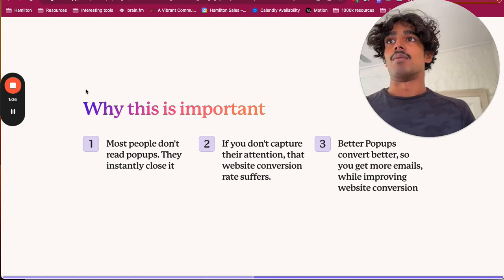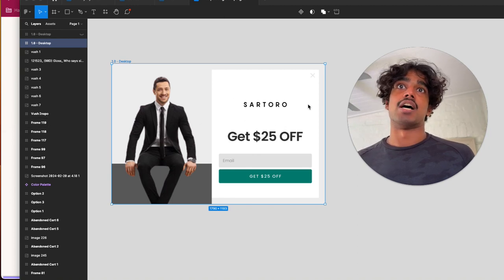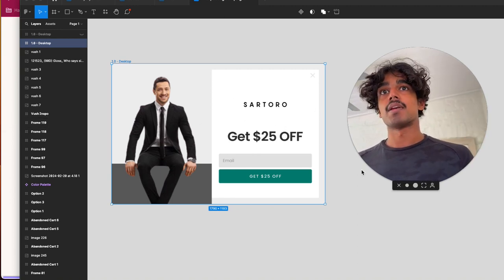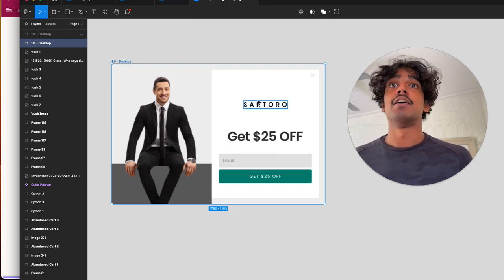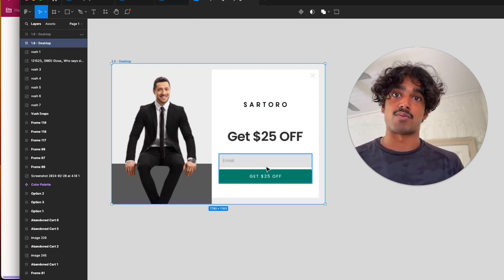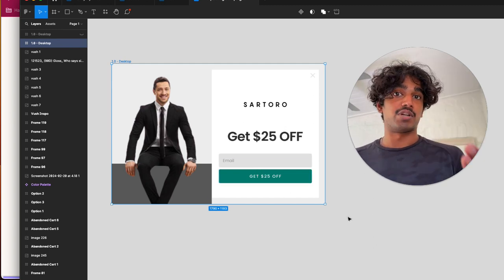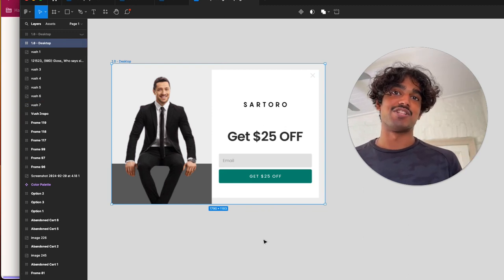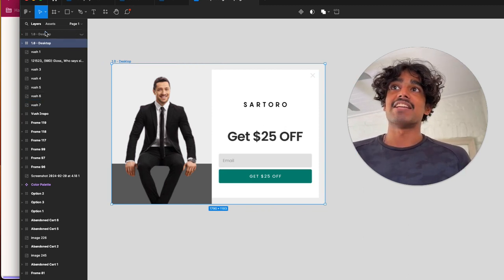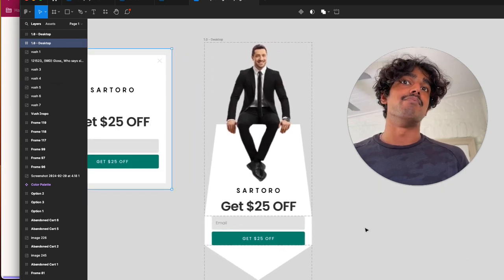So I'm going to load up Figma. This is a pop-up for a brand, Sartoro. They sell suits, and this is a generic pop-up that they might have. It's got an offer, brand name, and a place for someone to put in their email and get $25 off. It's pretty standard. The thing is, it's rectangular. So if you want to capture someone's attention, having a different shape, like this, for example, might be a bit